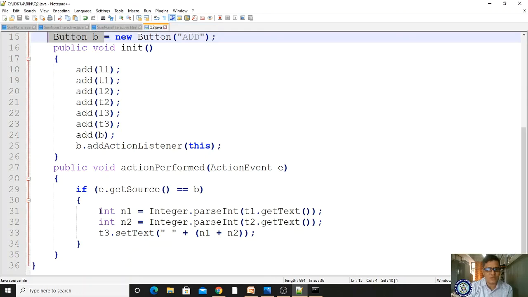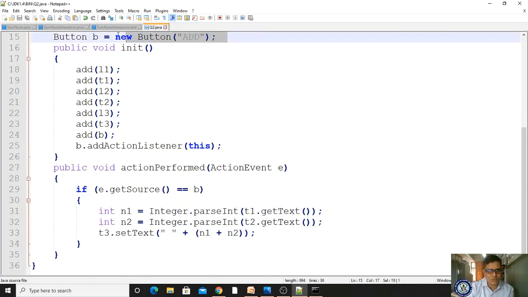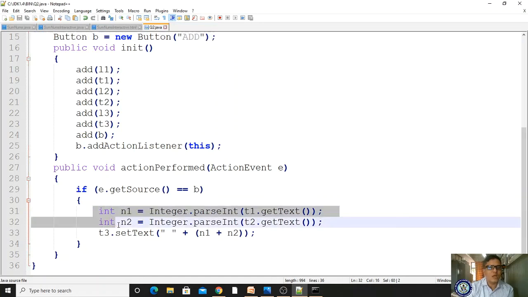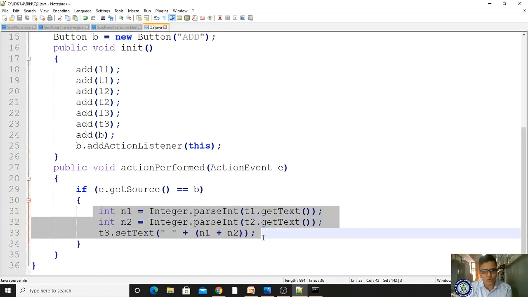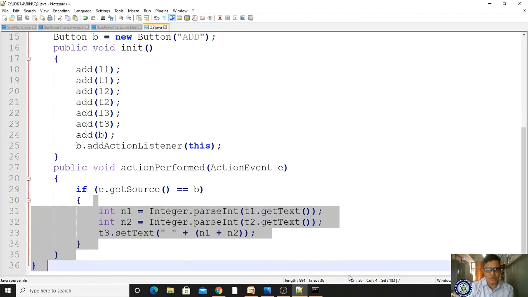Whenever this button is pressed, what implementation code do I have to develop? If I click the add button, this summation will be processed. That is the code we have implemented here. Okay, hope you have understood this concept. We will meet in the next class.